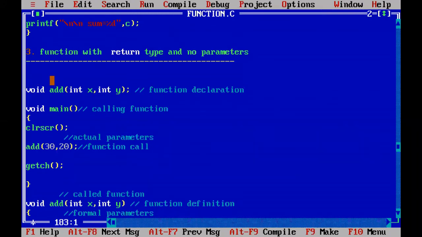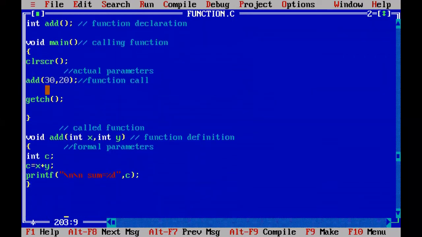So what is the user defined function? Addition. Addition has a return type, so I am writing the return type as int. And the function addition does not have any argument list, so I am removing all the arguments. And come to the definition. In the definition also, you write down that the function is returning integer, and the same function has no argument list.